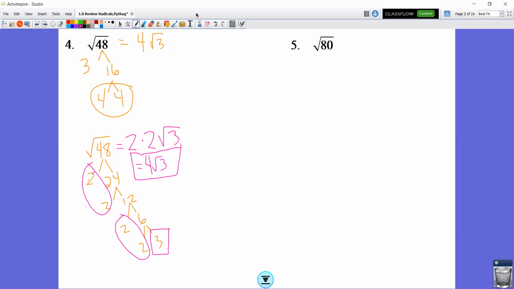When I look at 80, I know it's going to be a multiple of 5. So 80 divided by 5 is 16. So I could break this down to the square root of 5 times the square root of 16. And we know that the square root of 16 is a perfect square, so this would simplify to 4 root 5. Done. If you want to do your factor tree like I did in number 4,